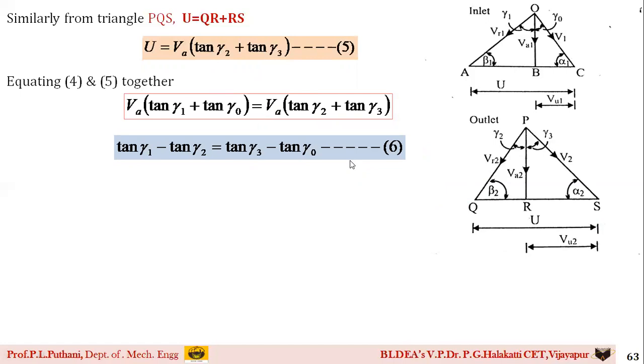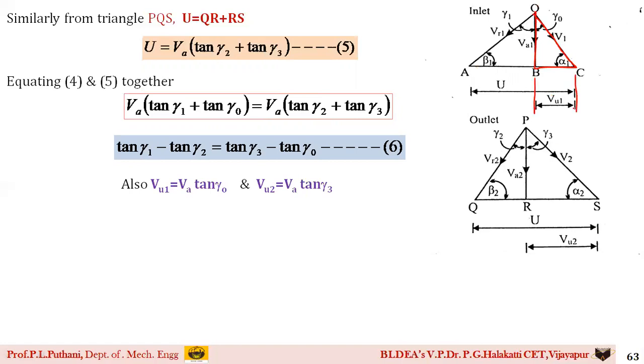Now another important point is we need to get the values of VU1 and VU2 with respect to our energy equation. Our energy equation is E is equal to U (VU2 minus VU1) by gc. So again, if I consider my right angle triangles, especially with respect to gamma 1, gamma naught and gamma 3, how can I write? Gamma naught is this particular triangle. Why? Because it is involved with VU1.